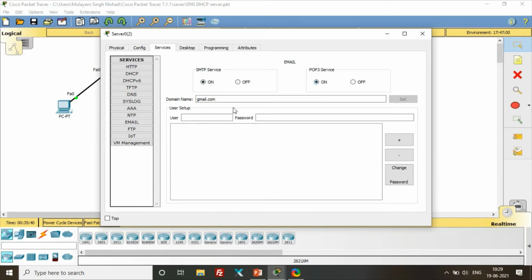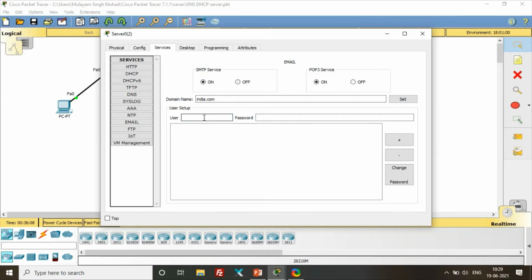Then your domain name: I have already given gmail.com, but you can put one as per your choice. Let's change it so that it can be understood easily, and we can give india.com. That is your domain name.